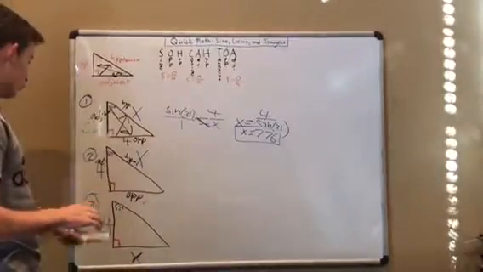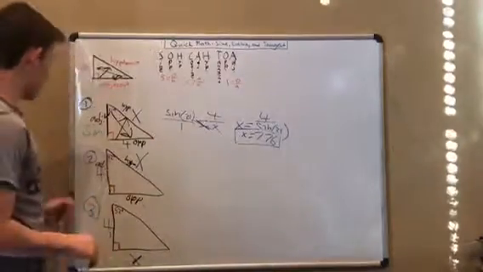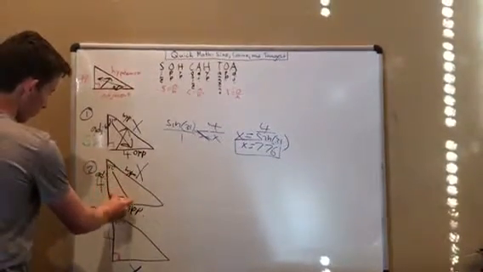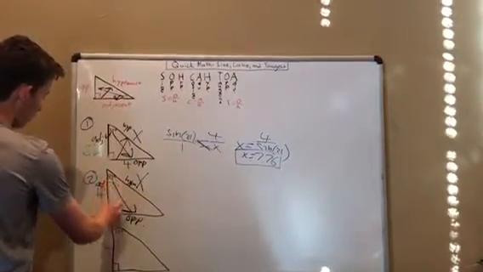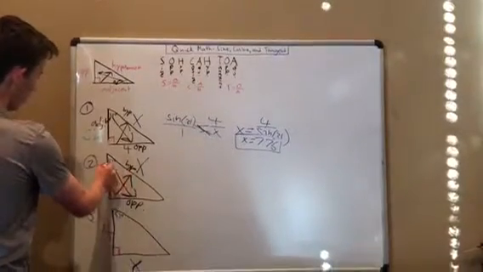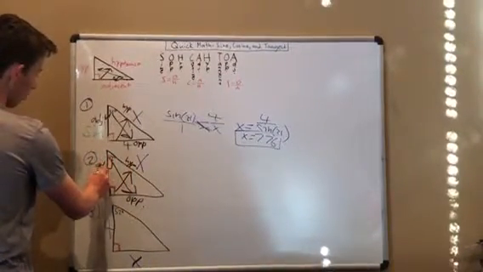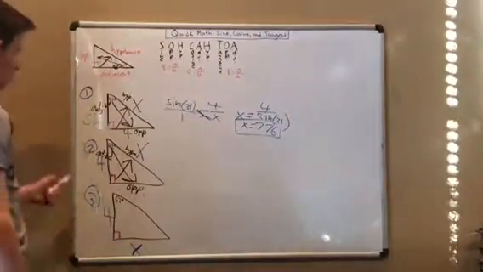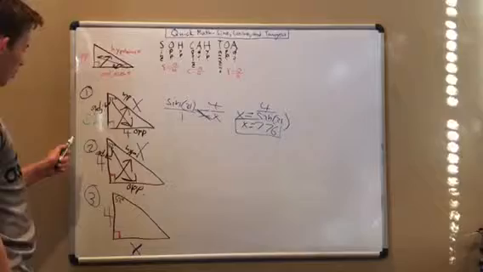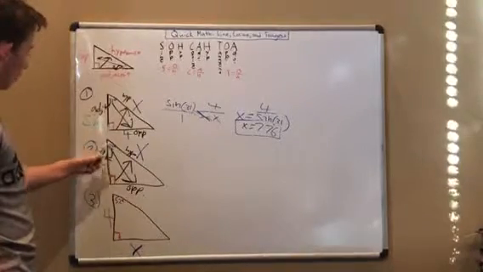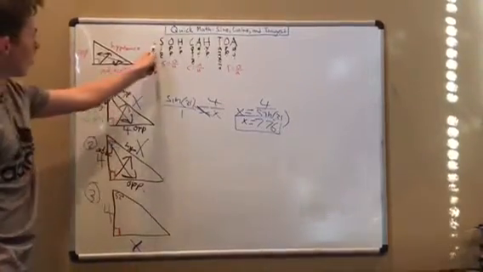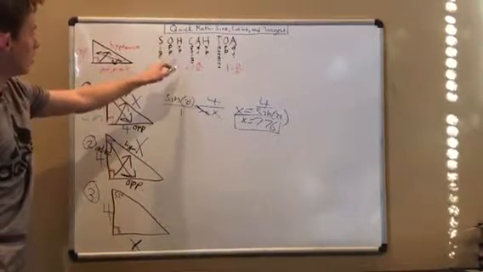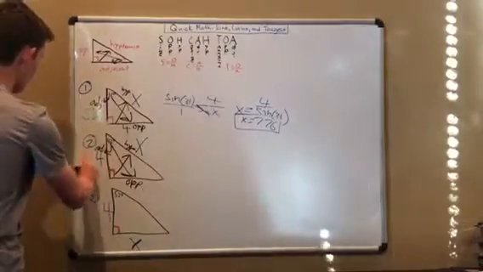You do the same thing. The first thing is you identify the adjacent, hypotenuse, and opposite. I already have that here, but directly across from the angle is the opposite. The hypotenuse is directly across from the 90-degree angle, and the adjacent is right next to the angle. Then you determine if it's sine, cosine, or tangent. We're given the adjacent and the hypotenuse, and the only one that uses adjacent and hypotenuse is cosine, so you follow the rule and identify it's cosine,